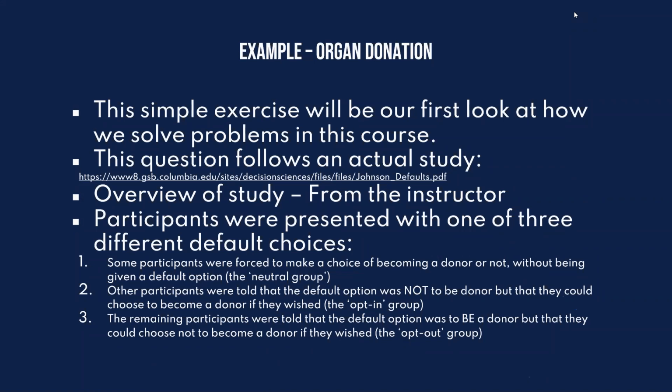So these professors at Columbia University said, okay, I think if we changed how the application process was presented to people, they might choose to be an organ donor. Okay, so here's what they did. They recruited a bunch of students at Columbia University. These professors put out this call and said, hey, will you please come be part of this study? And a bunch of these students showed up, and they didn't know what they were being asked.